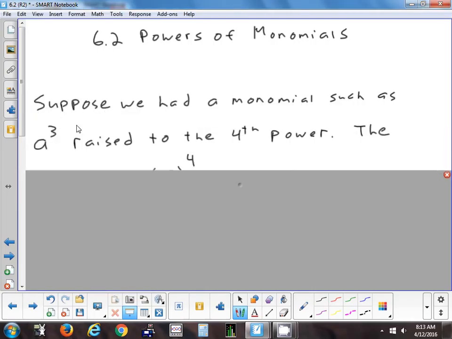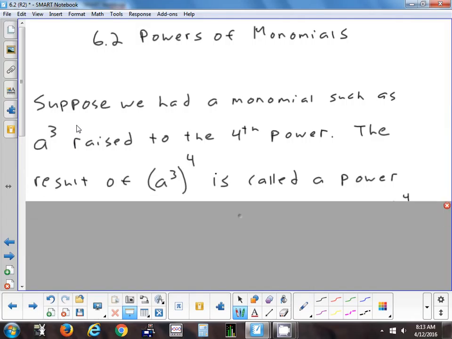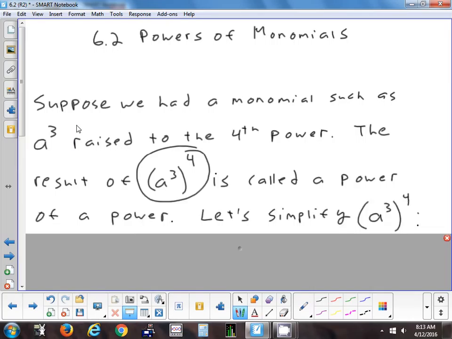All right, so this is an example of what we're going to do today. Suppose we had a monomial, such as a cubed, and we took that whole thing, put it in parentheses, and raised it to the 4th power. This thing right here is called a power of a power. Sometimes I call it a power raised to a power. Same thing. We're going to do this one out the long way and maybe see a